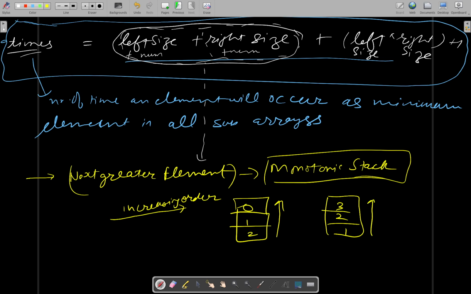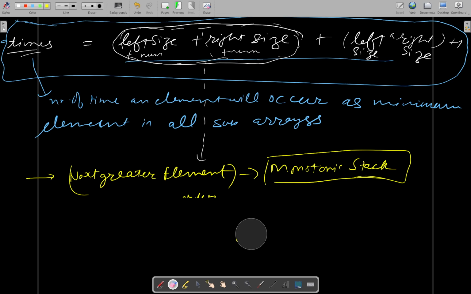So if you go in this direction, the stack is monotonically increasing in this direction. Whether we are considering strictly increasing or strictly decreasing, that's a different case altogether, but this is what a monotonic stack is. So we will be using the stack here